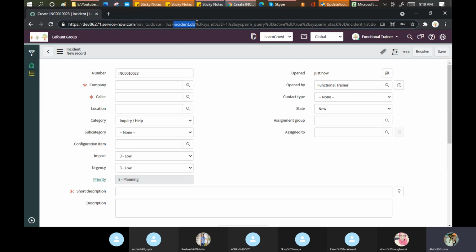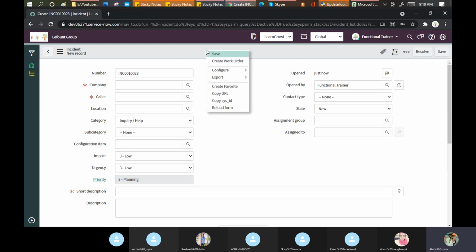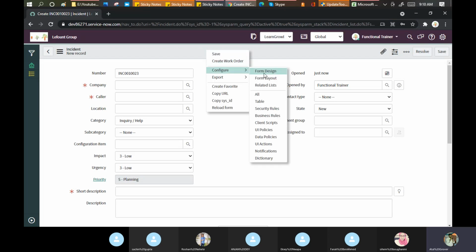Or you can right click here, configure, and you can see the complete list of how many related lists, business rules, client scripts, UI policies and data policies have been applied on that. So in short, if I got the social security number of Ikvi, I can find out her complete background.